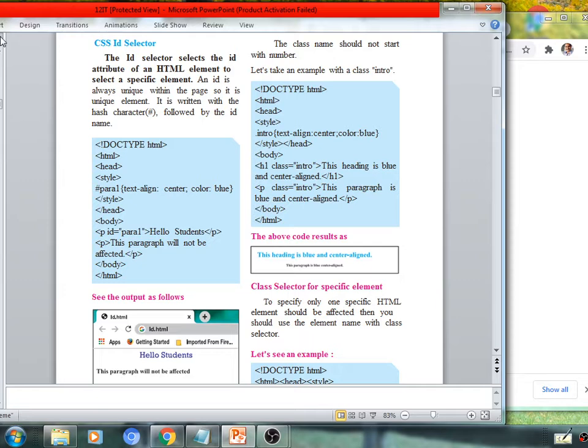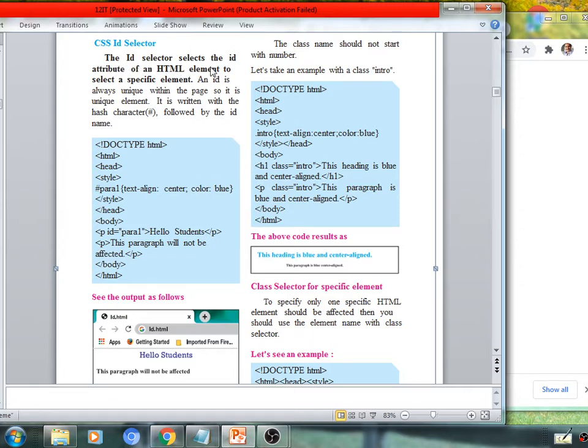So the first selector is the ID selector. As its name implies, it is a selector where an element having an ID with its specified value will be identified. See here, from your textbook, a few lines are given.